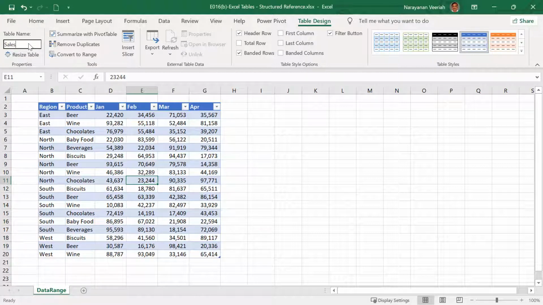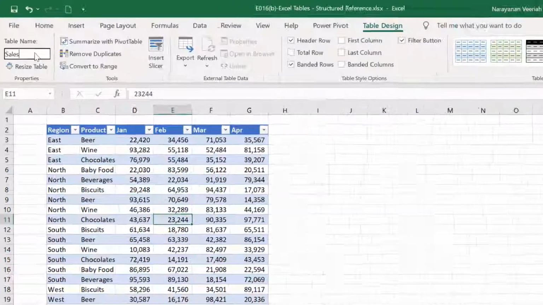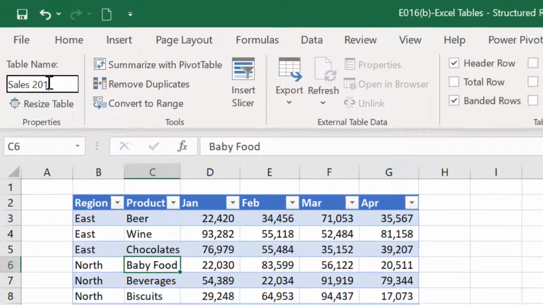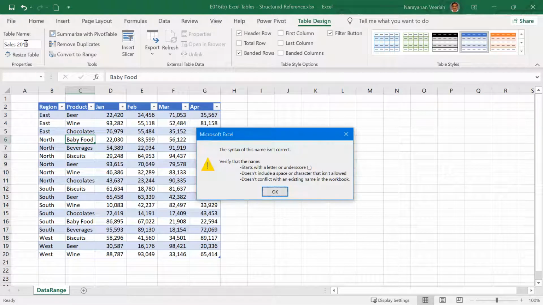Renaming the tables meaningfully helps in locating them easily instead of using the default table names like Table 1, Table 2, etc. While renaming, pay attention to the naming standards. Here, instead of Sales, you cannot have a name like Sales space 2019 because you cannot have spaces in between.